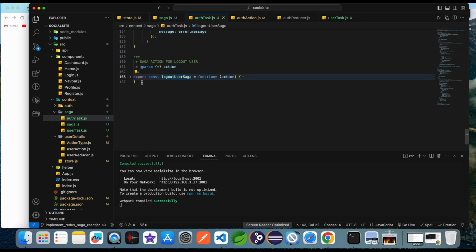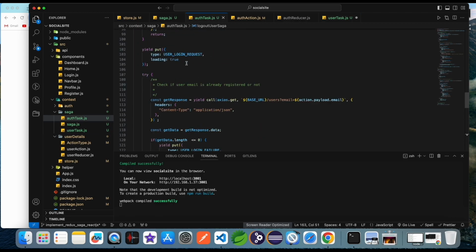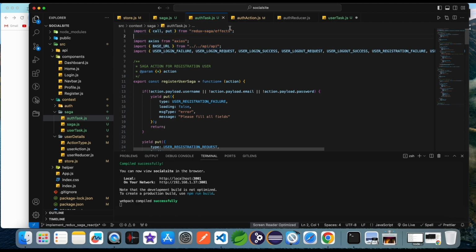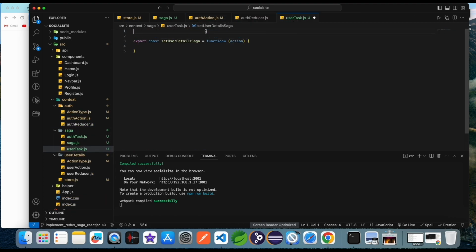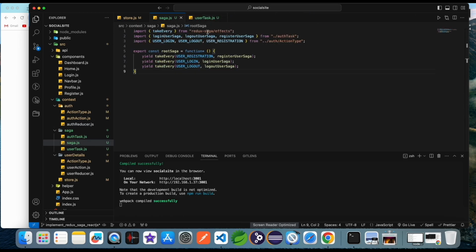make a user saga. First copy the logout user saga, and here I want to name it, this is related to details, so set user details saga. I name the function like this because if I debug in future, then it's easy to know what the function is for. So after that,